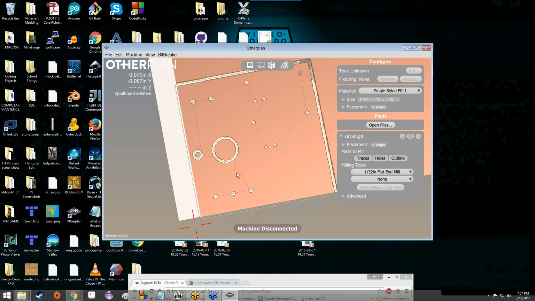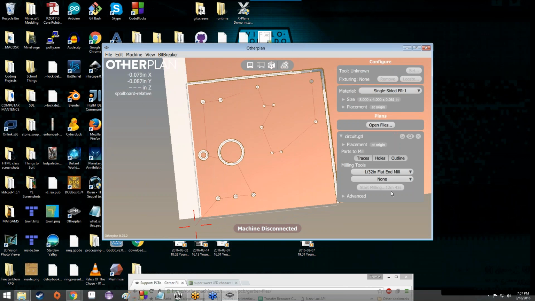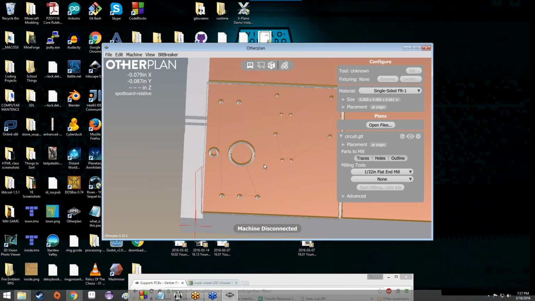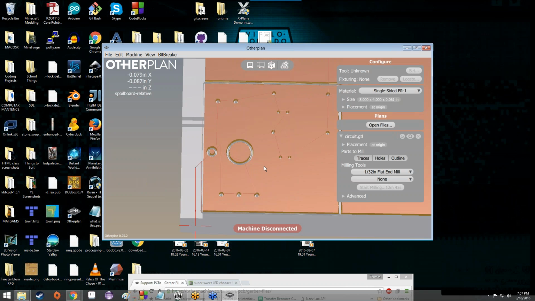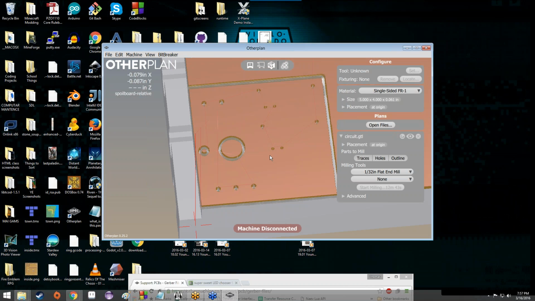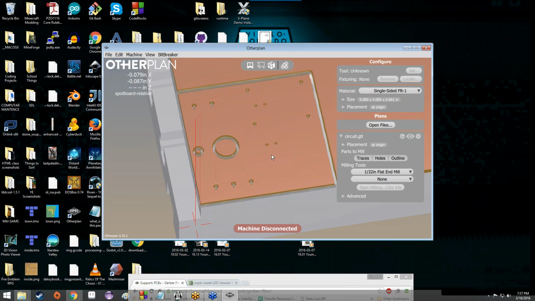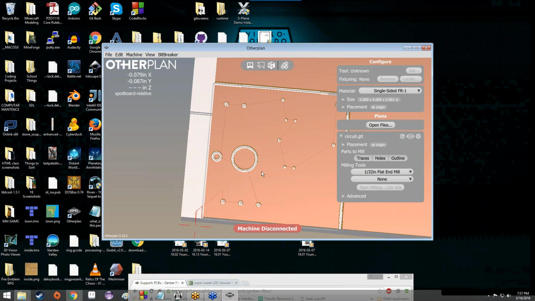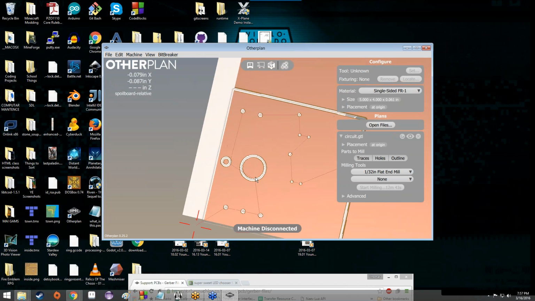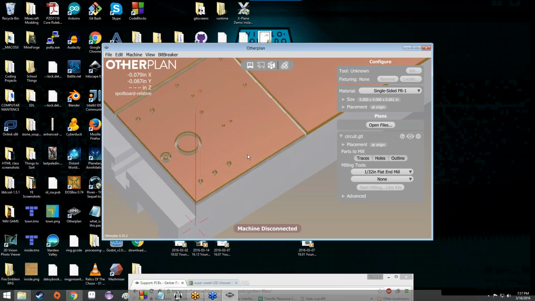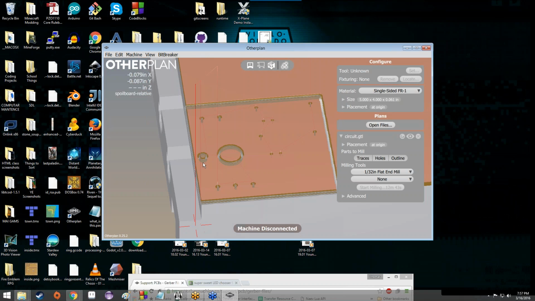But anyway, you could start milling this. It'd take 12 minutes and 43 seconds, and you would have a nice piece of copper ready to be made into a PCB. Get it etched, usually involving some kind of acid, which sounds pretty cool. It's actually pretty cool. Remove all the copper you don't need, and then solder in the actual components, and you would have a completely dedicated circuit